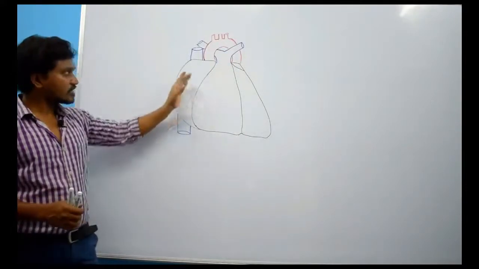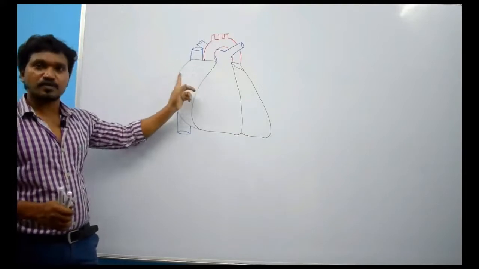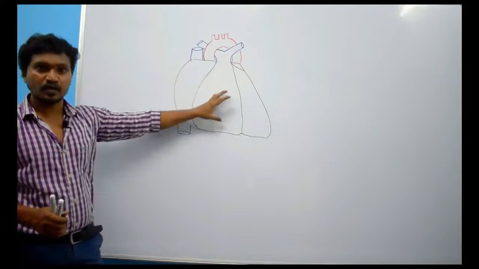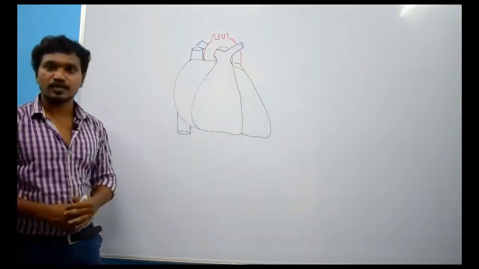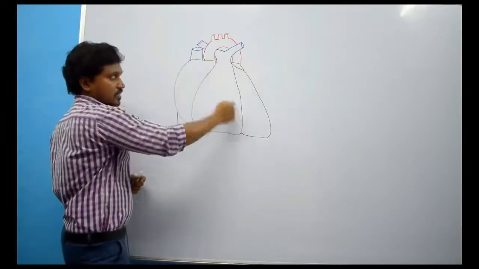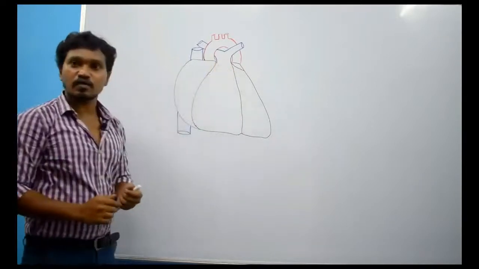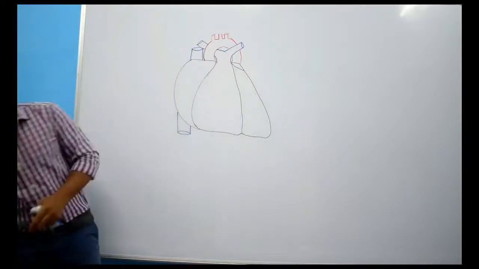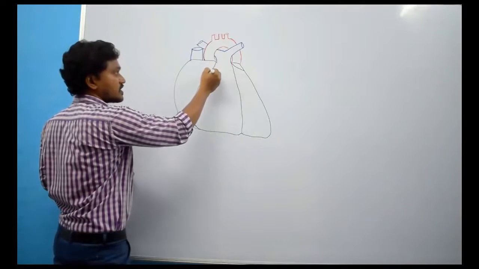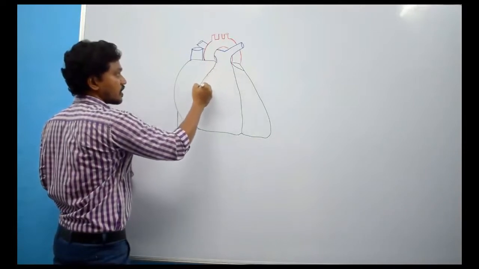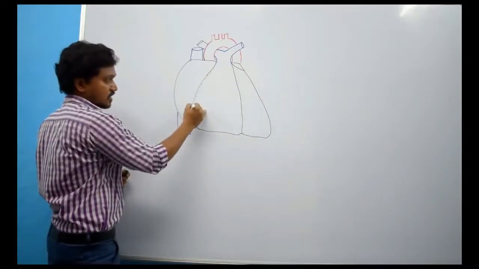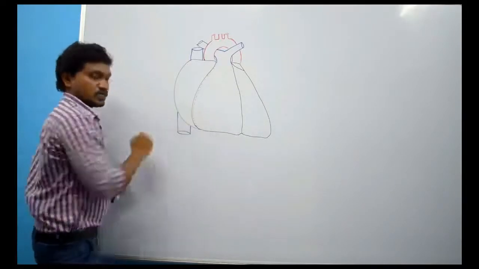We have already studied the interior of the right atrium. Now we will study the interior of the right ventricle. To see the interior of the right ventricle, we have to make an incision along this line and along this line, then at the upper part. What does it mean? We have to make an incision along the right anterior part of the atrioventricular sulcus. This is the atrioventricular sulcus. Along this sulcus we have to make one incision.